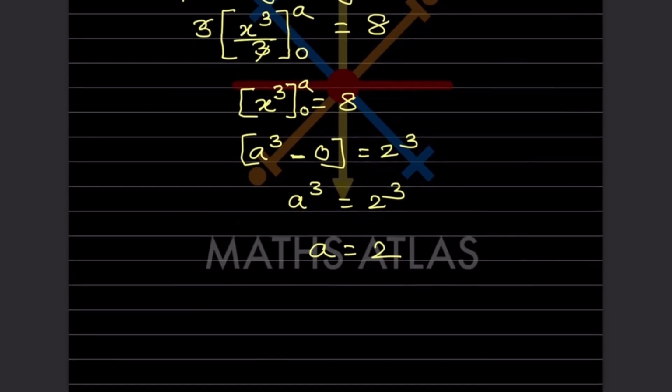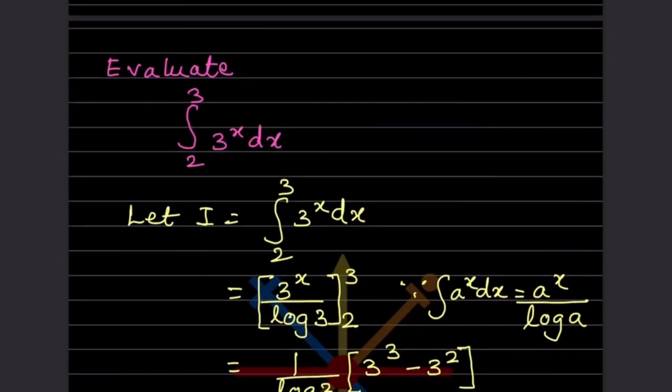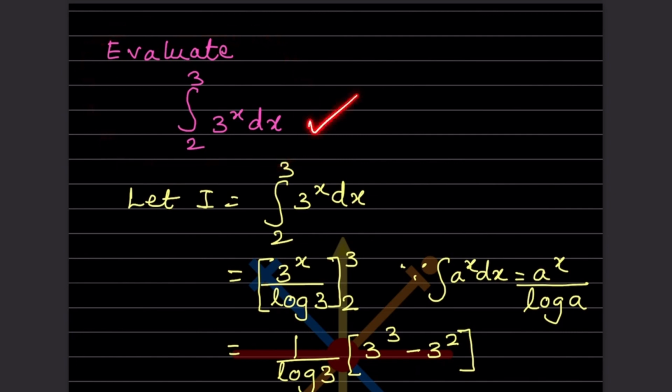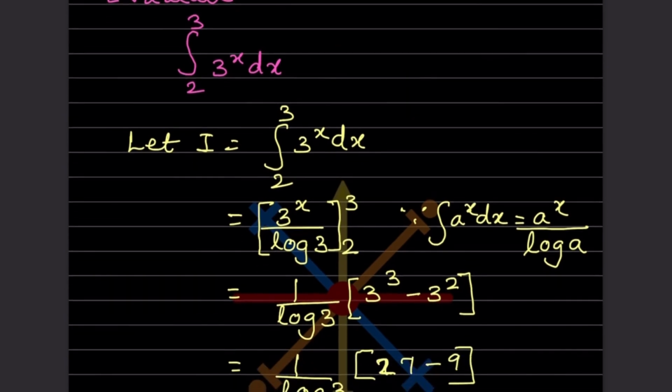What is the value of a? So this is the answer. Now here, when we are evaluating this one, let us consider this I as this. So now what will you do? You will write here 3 raised to x divided by log of, because this is a here, so that